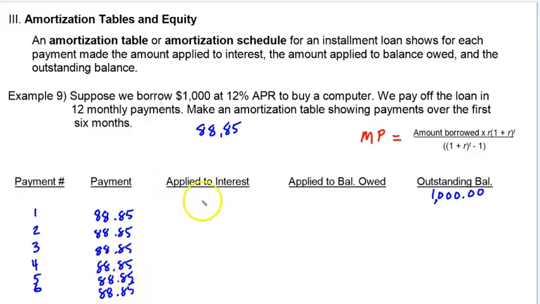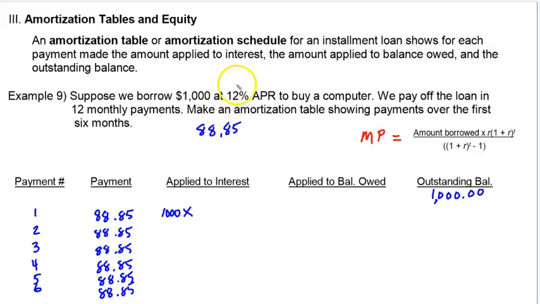What will vary, though, is how much of this payment is applied to interest. And I mentioned earlier, early on, a pretty high percentage is going to be applied to interest. And then that's going to decrease as we make our way through the loan. So $1,000 is where we start, and so the amount of this payment that's applied to interest is that previous outstanding balance